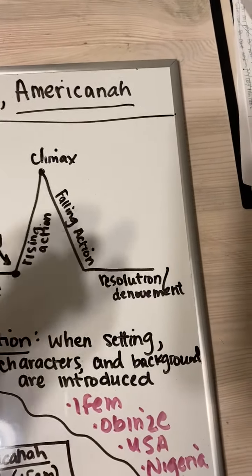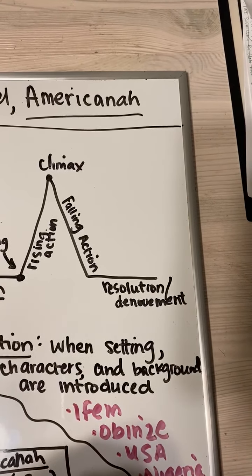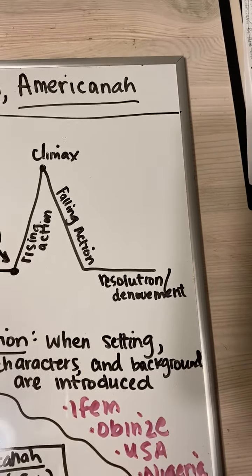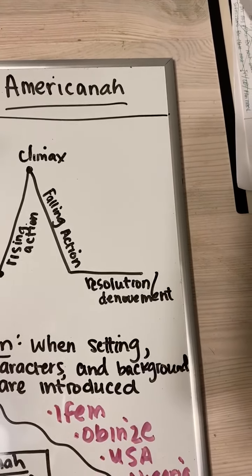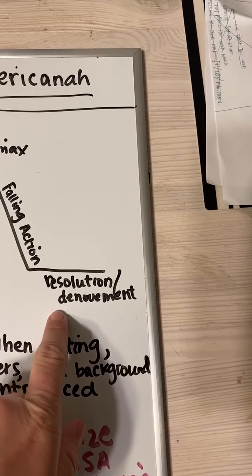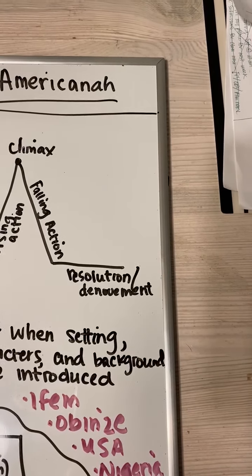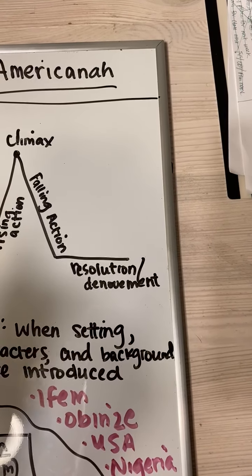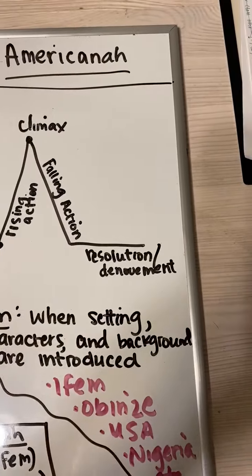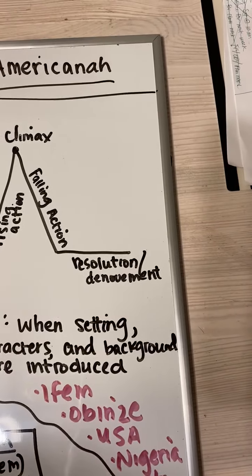Okay? Then after the climax, you have the falling action, which is the action that takes place as a result of that event, and it's going to start leading us toward the ending of the piece of literature, in which we start to have some sort of understanding. That's known as the resolution or the denouement. Now, it looks like denouement, but it's denouement. And that's where a lot of people will say the quote unquote moral of the story.